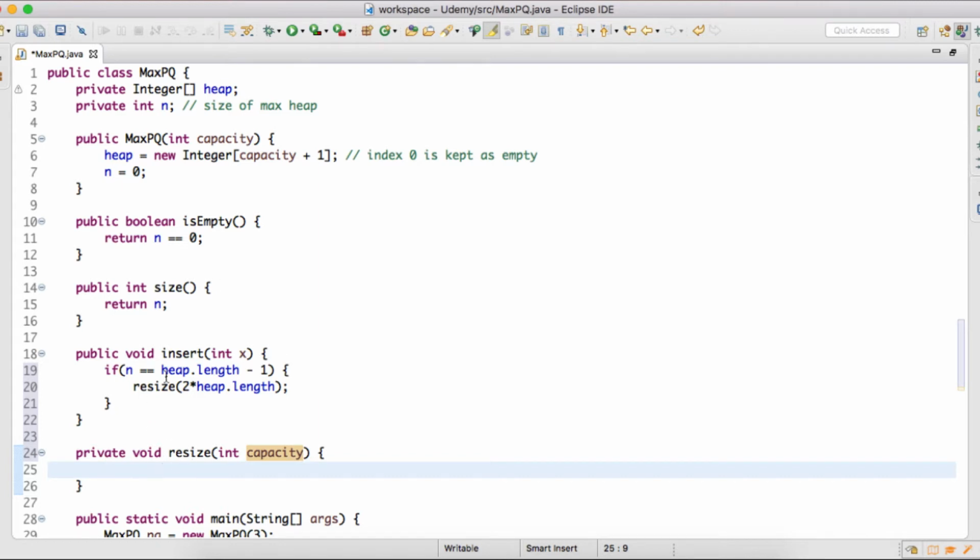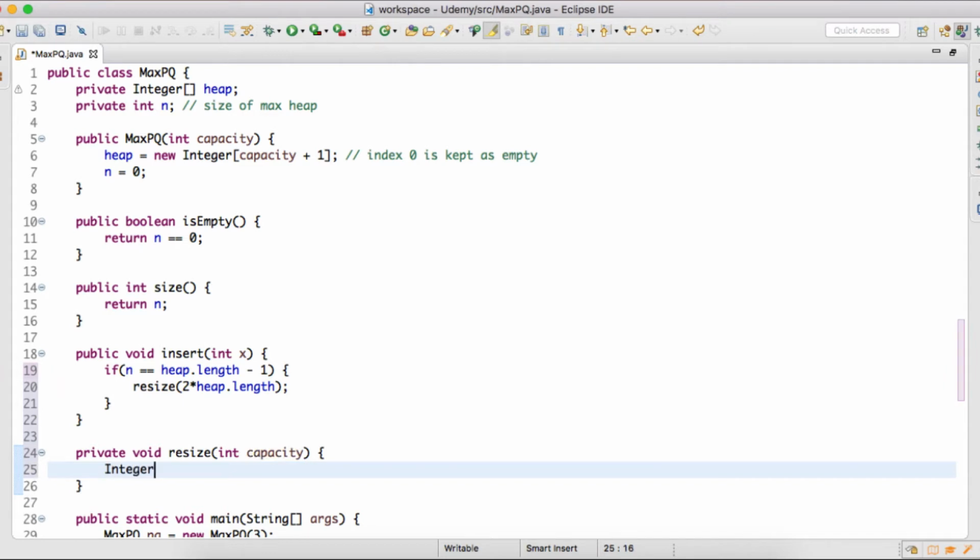In the resize method, we first create a new array with whatever capacity we pass to this resize method. After creating this new array, we copy each and every element from this heap to this temporary array, and then we finally reassign heap to this newly created array.